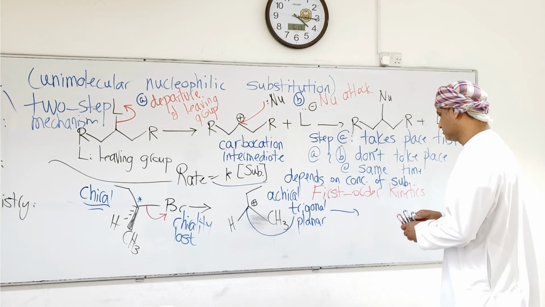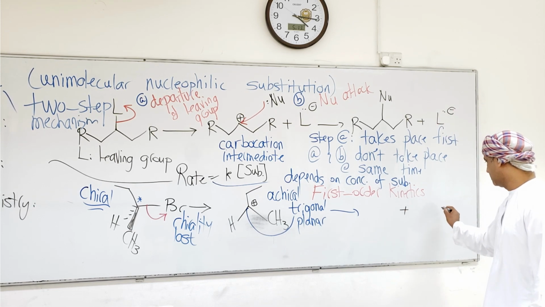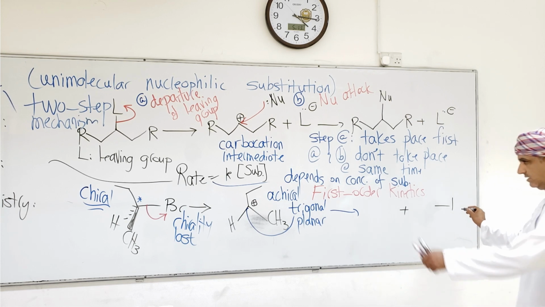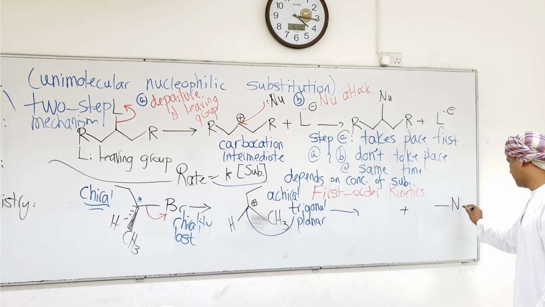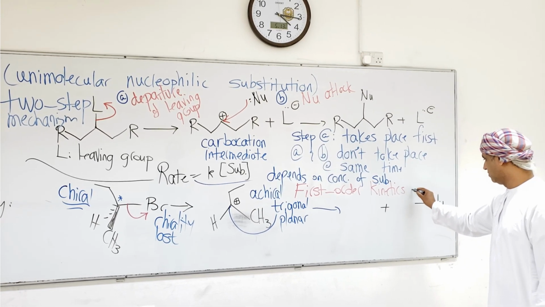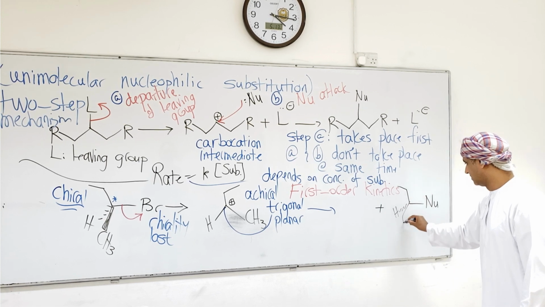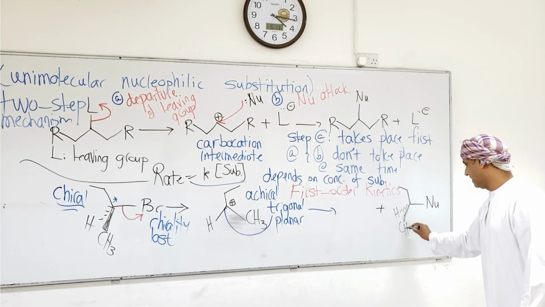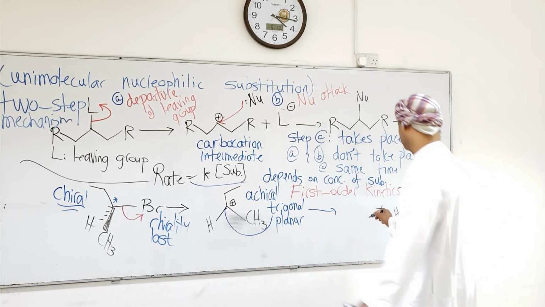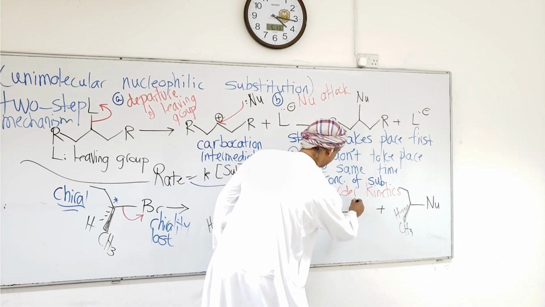We can show it with no chirality representation, or, given the way the reacting substrate is drawn before, we can show one enantiomer like this, and the other enantiomer must of course be opposite. So this is the other enantiomer,